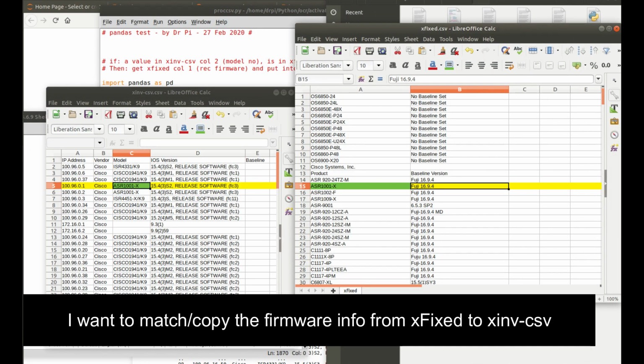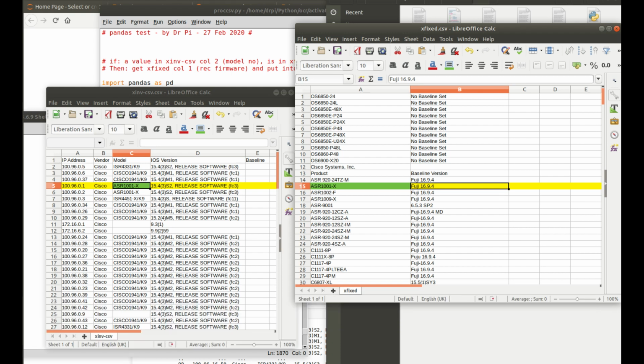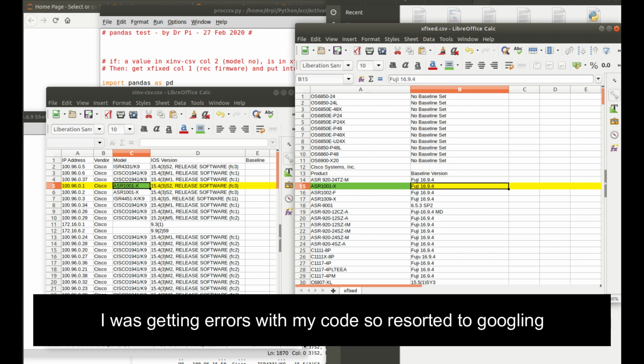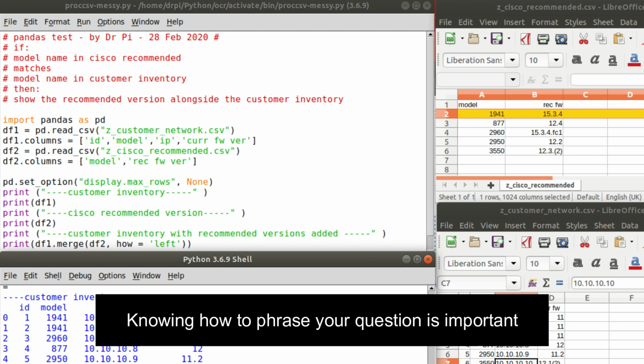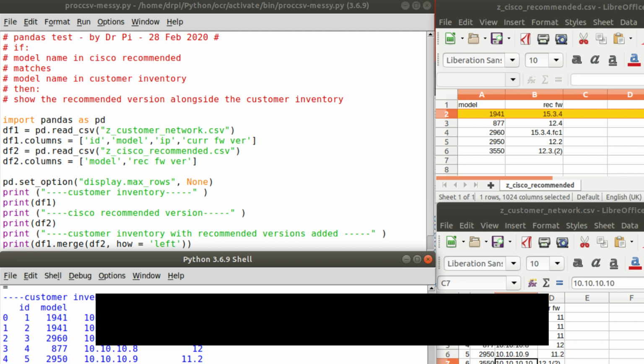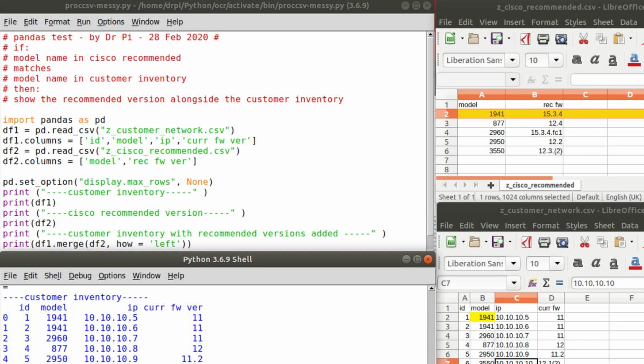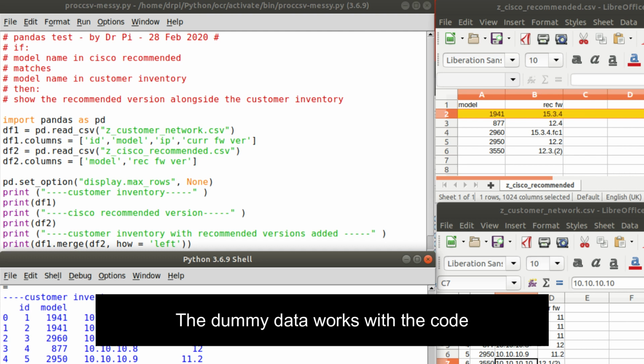Right, these were the PDFs. This was my idea. The yellow lines you can see in file 1 I had a model number, and in file 2 I had the model number, so that was going to be the key that links them. So what I really need to do is use Pandas, which is a Python library, and merge df1, dataframe 1, which is file 1, with df2, which is file 2. Merge them,